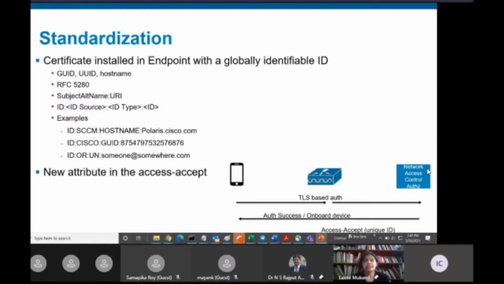Another important thing is that once I have this identifier, I need to send it to my wireless controller as well, right? So we won't get into this in that much detail, but one other thing we are working on is that once this identifier is there in the authorization device, it can send it to a wireless LAN controller using an access accept. But of course, there are all these things to consider about whom you want to share this unique identifier with, right? That's a completely different topic. But this is, in essence, the whole idea of